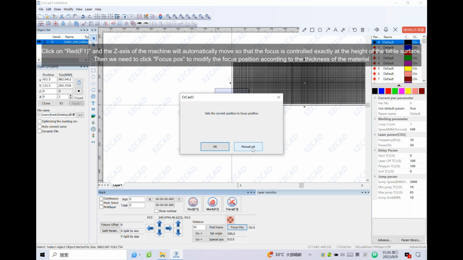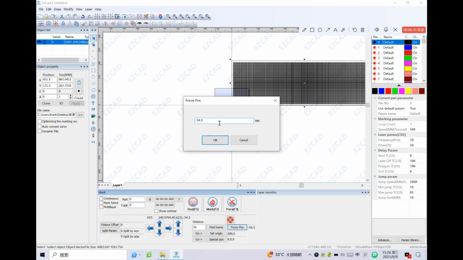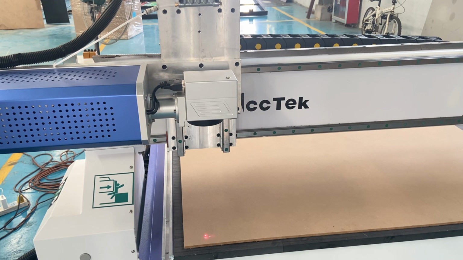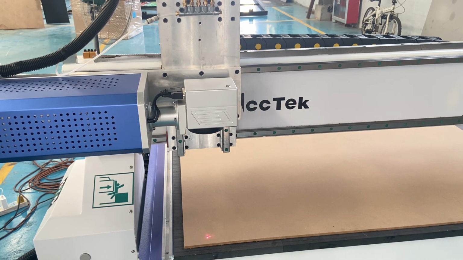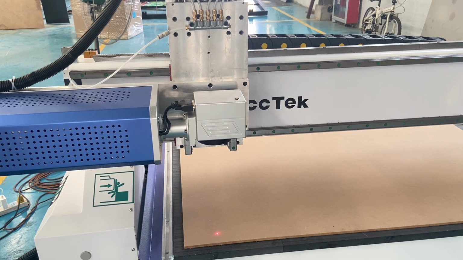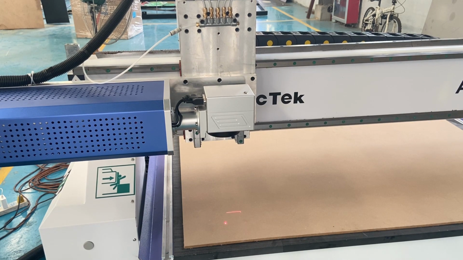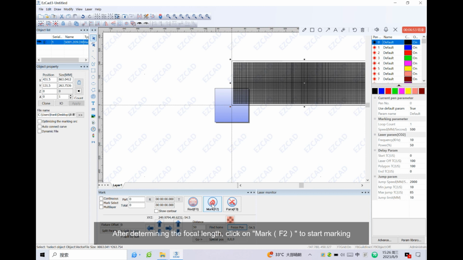Then we need to click Focus Pause to modify the focus position according to the thickness of the material. After determining the focal length, click on